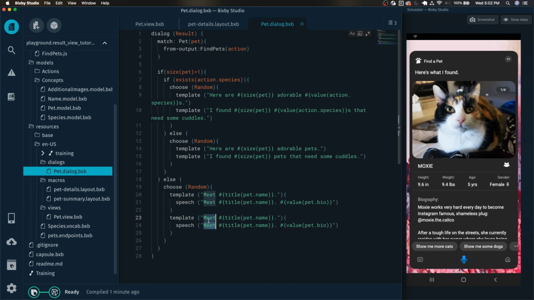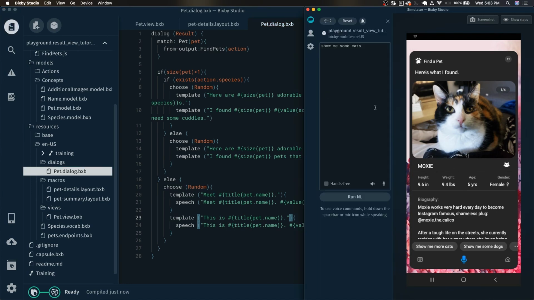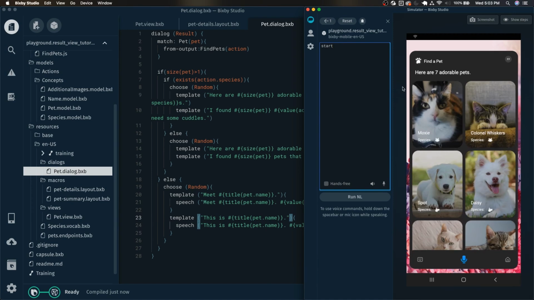And we just need to change this a little bit so that way it's not as repetitive, similar to the previous one. We have another choose random right here. Here are 7 adorable pets. Now if we click on one of these pets,